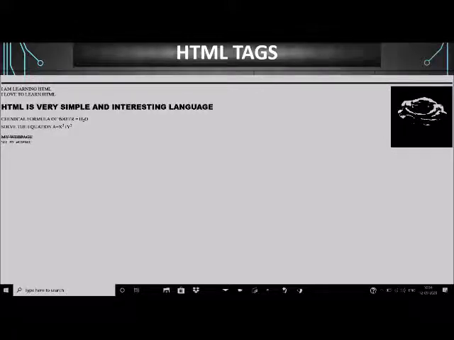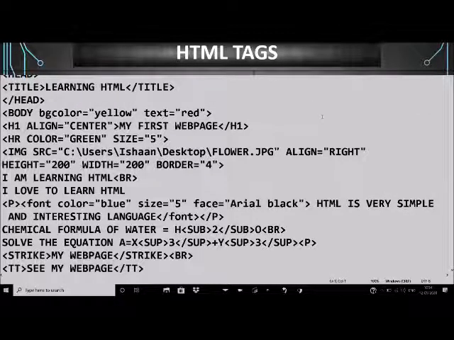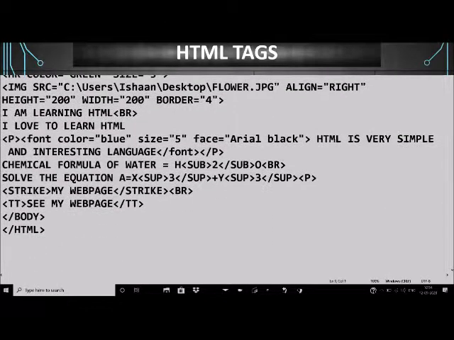Now next is ordered and unordered list. Suppose in my document I want to give the names of the first 5 roll numbers of my class, then I can write down here.